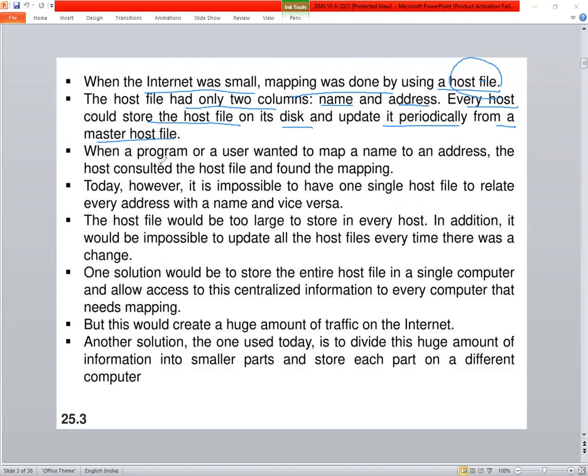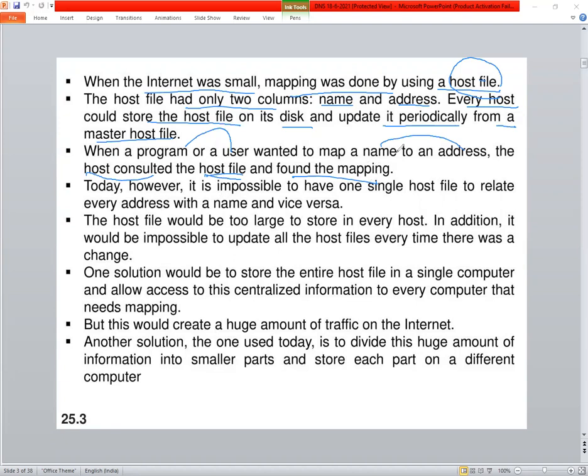When a program or user wants to map a name to an address, the host consults its host file and finds the mapping.